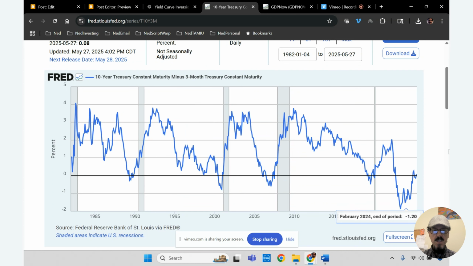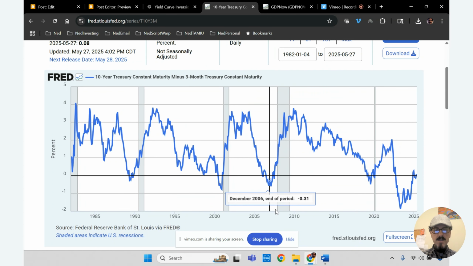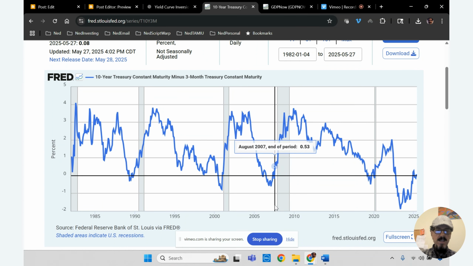The recessions are indicated in these shaded areas. And as we can see here, inversions, the un-inversion and the beginning of a recession can take several months, but when that un-inversion happens, it typically is followed by a recession soon after. This is one of the best indicators of U.S. recessions, but quite often, just prior to the recession,